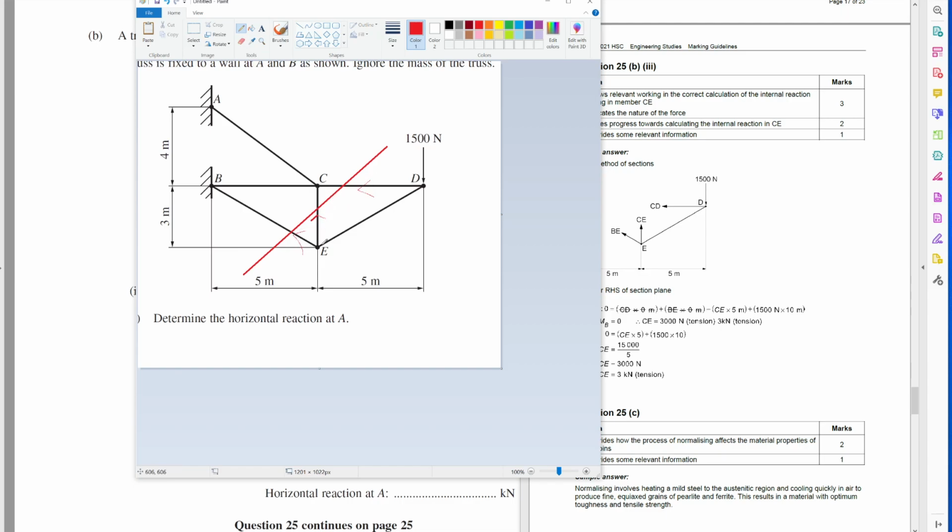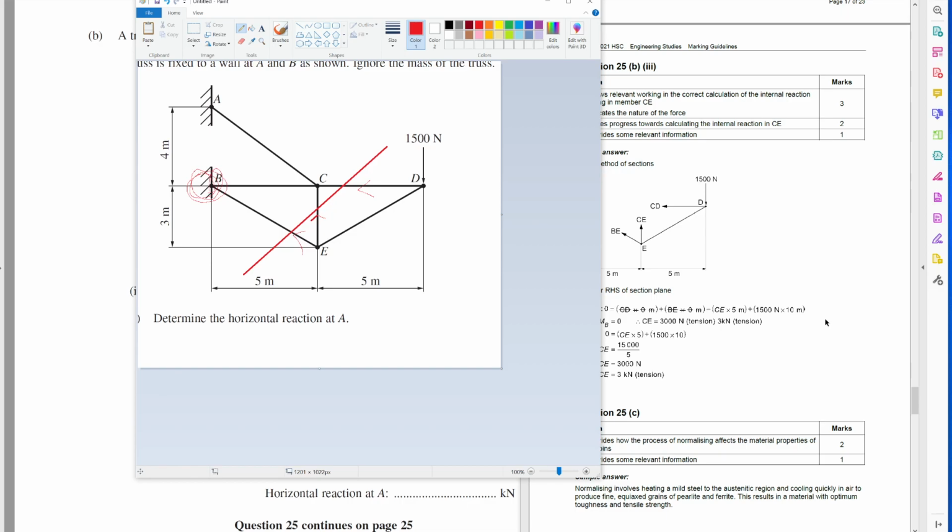Now, if I'm finding CE, I can't take moments about C. Or, sorry, I can't take moments about E. So I have to take the moments about where CD and BE meet. Where do those things meet? They meet in this location at B. So I would argue for a 3-mark question,